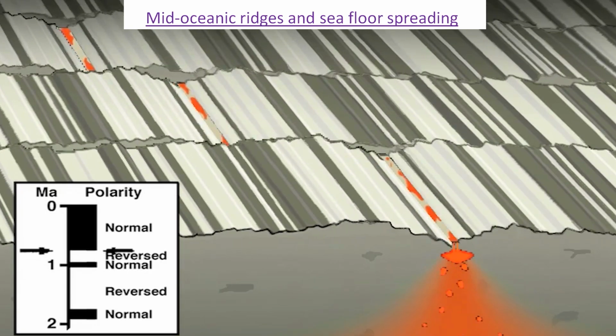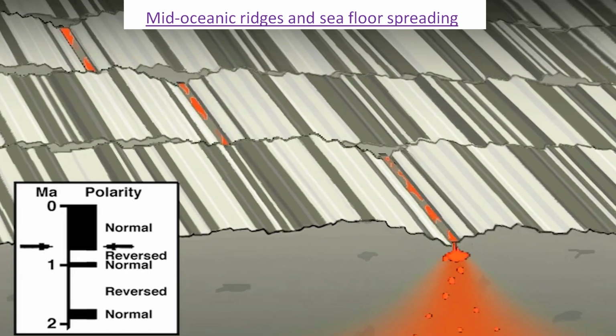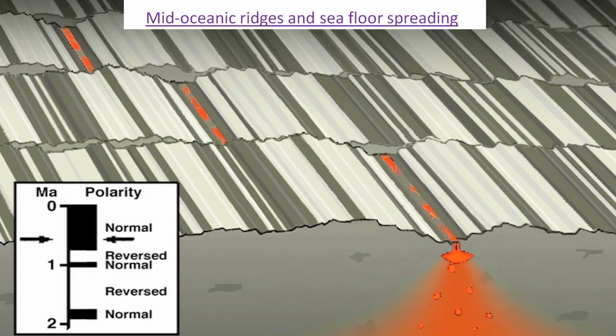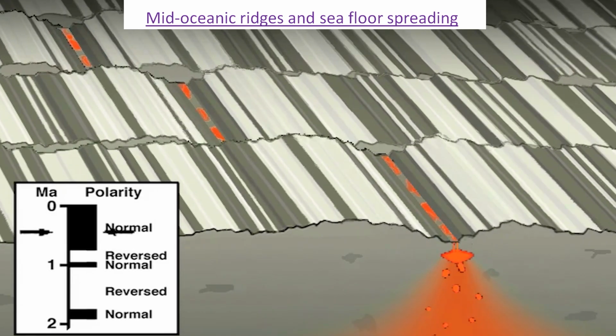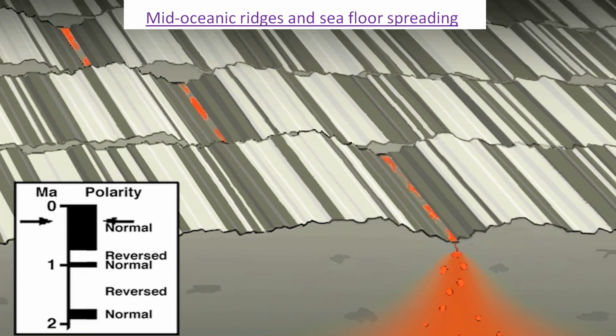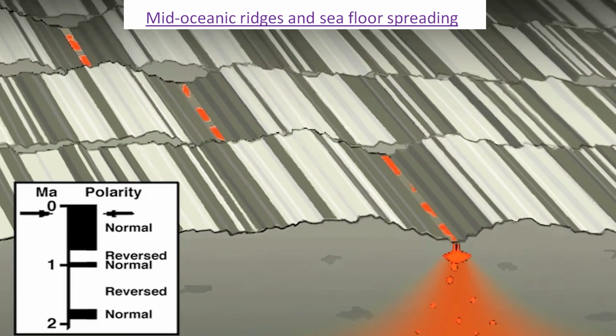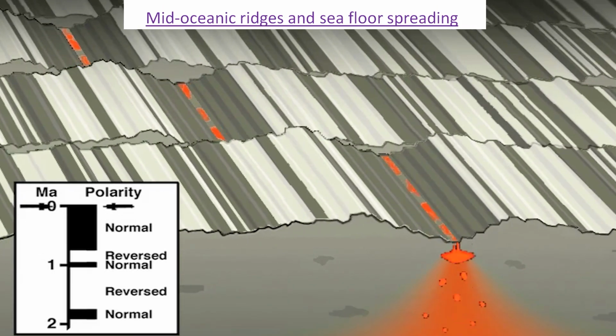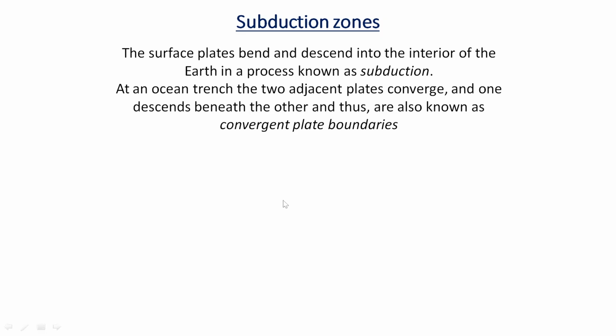Due to the magnetic reversals within the earth, there are some zones or some magmas that will possess normal polarity, and there will also be times when the magma will possess reverse polarity. So after this animation again,